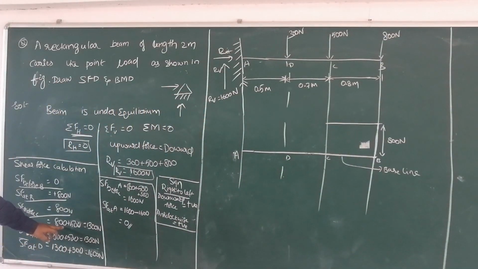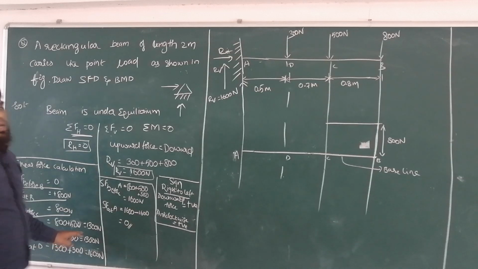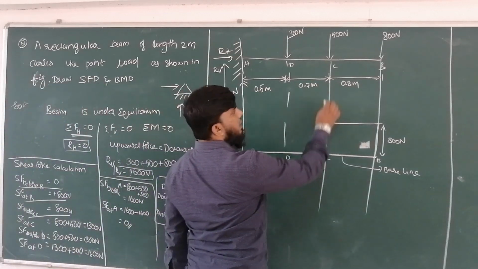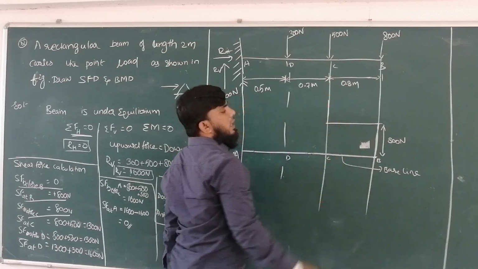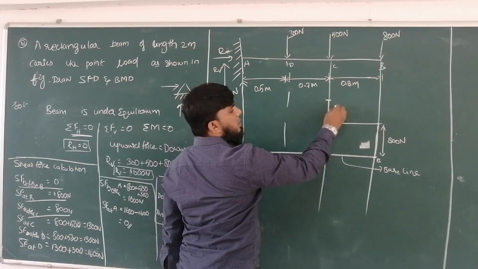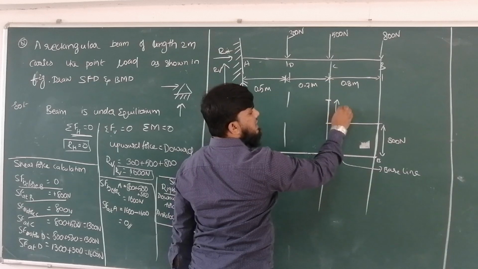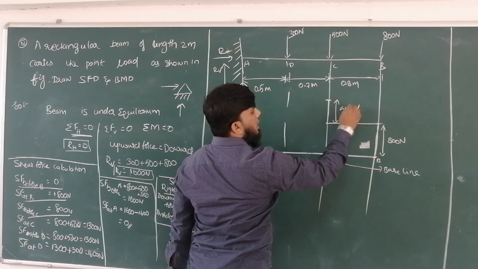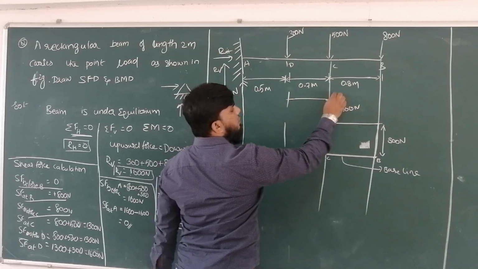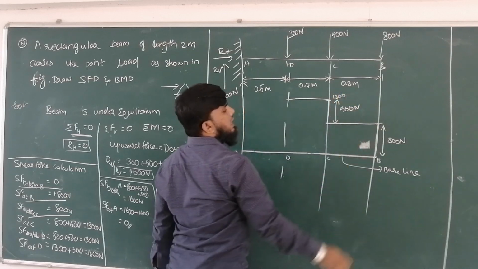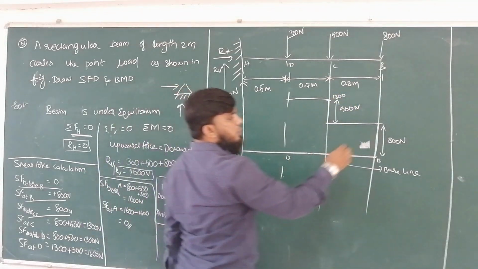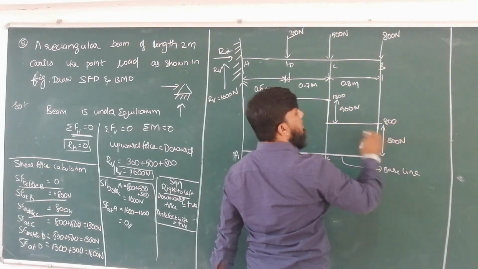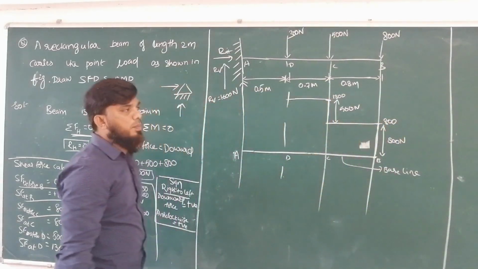At point C is 800 plus 500. This 500 load should be added. So I will reach a point whose length is equal to 500 Newton. The total is here if you write the coordinate as 1300, but the length is 500. So this point is the 800 point, this point is the 1300 point.